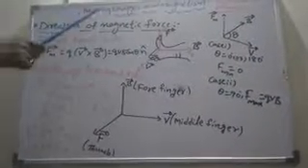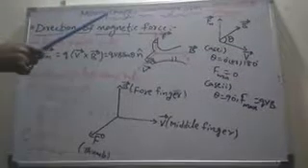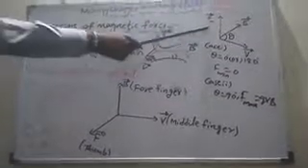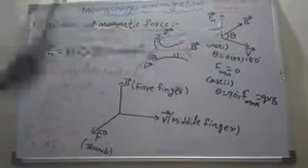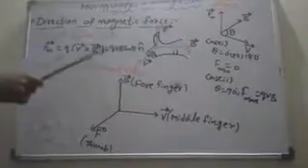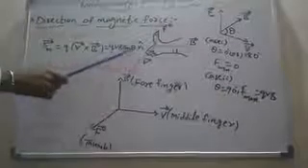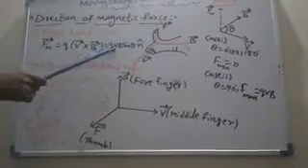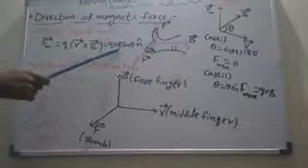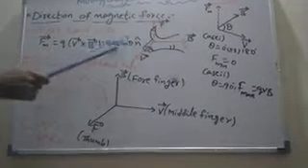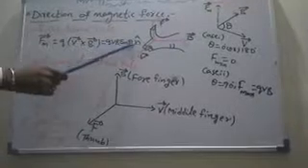It's a continuation of part of moving charges and magnetism. In that, we understood the magnitude of force acting on a charged particle in a magnetic field. So the magnitude of force acting on a charged particle is q v B sin theta, where q is the magnitude of charge, v is the magnitude of velocity, and B is the magnitude of magnetic field. This v sin theta is the velocity component which is perpendicular to B.